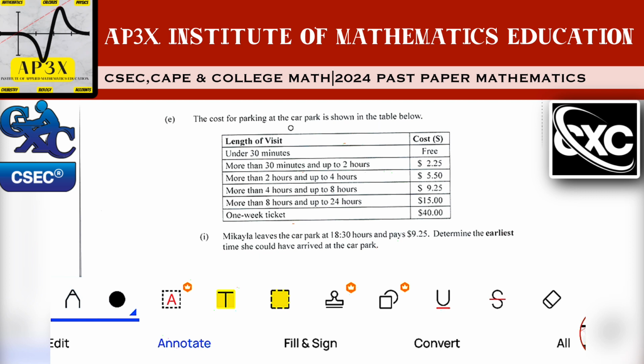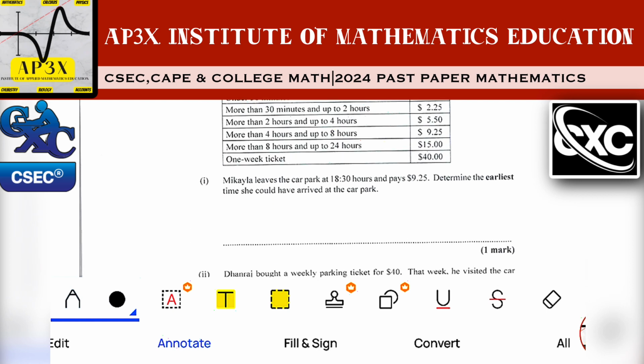Part E seems as if it's all connected. The cost for parking at the park is shown in the table below. So if you park under 30 minutes, it is free. More than 30 minutes and up to 2 hours, $2.25. More than 2 hours, up to 4 hours, $5.50. More than 4 hours, up to 8 hours, $9.25. More than 8 hours, up to 24 hours, $15. A 1 week ticket is a $40